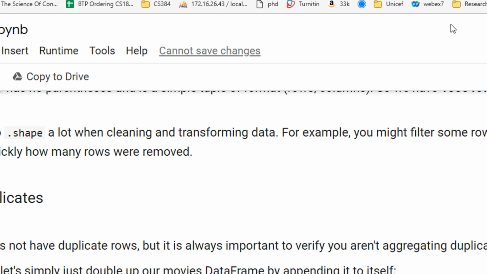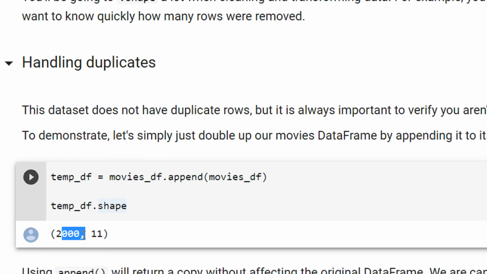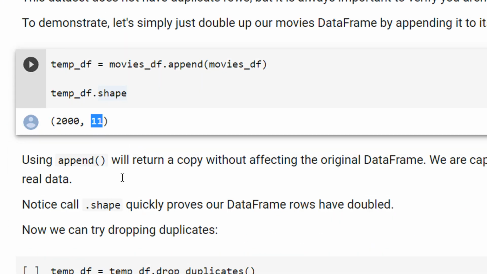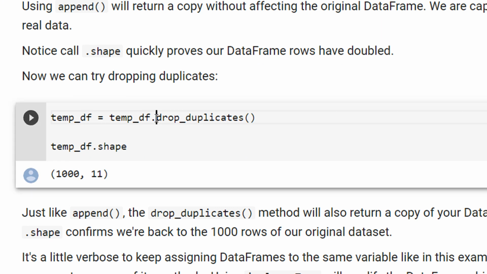Now you can see this shape is 2000 rows and 11 columns because you are appending just below the data frame. Now there is a function here, drop duplicates. Drop duplicates will retain one copy and remove all other duplicates.